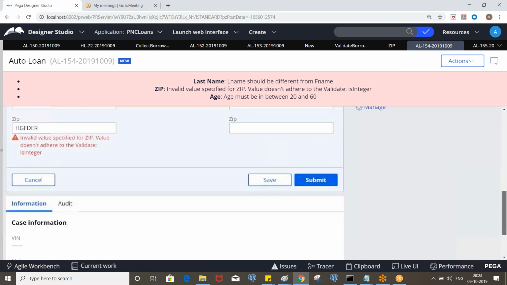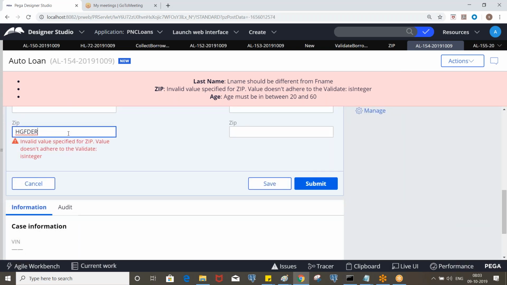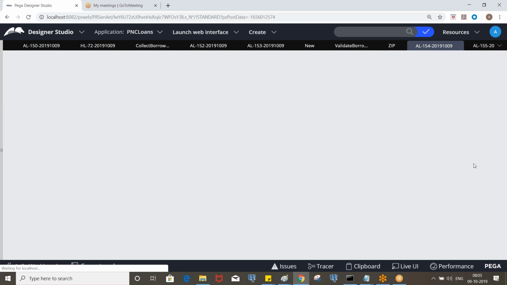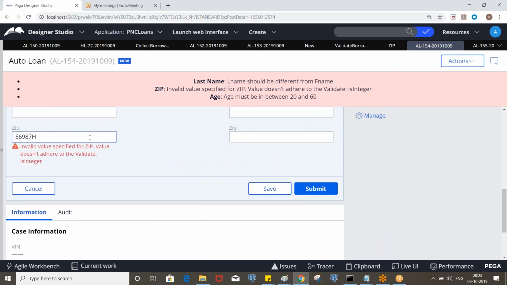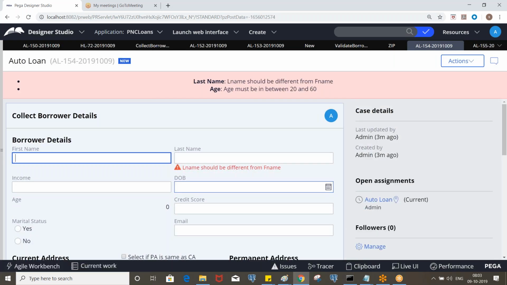Likewise, put 1, 2, 3, 4, 5, 6, and if we enter like this, it will also validate, right? If we enter all digits, it will allow. But some other message is getting displayed, right? So that you need to handle. Take that code and put the values.